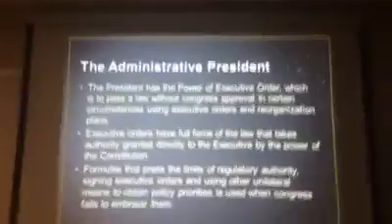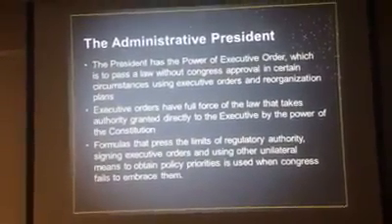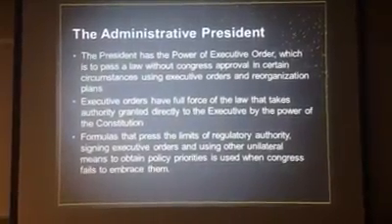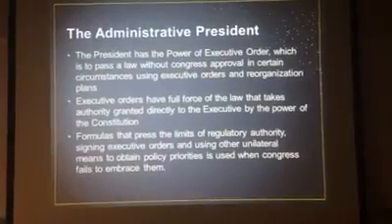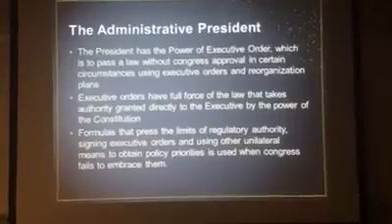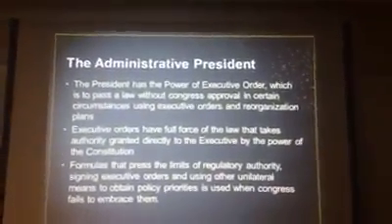Presidential power is key. The administrative president. The president has the power of executive order, which is to pass a law without Congress approval in certain circumstances using executive orders and a reorganization plan. A perfect example is the Sandy Hook shooting. Back in 2012, President Obama passed an executive order into law